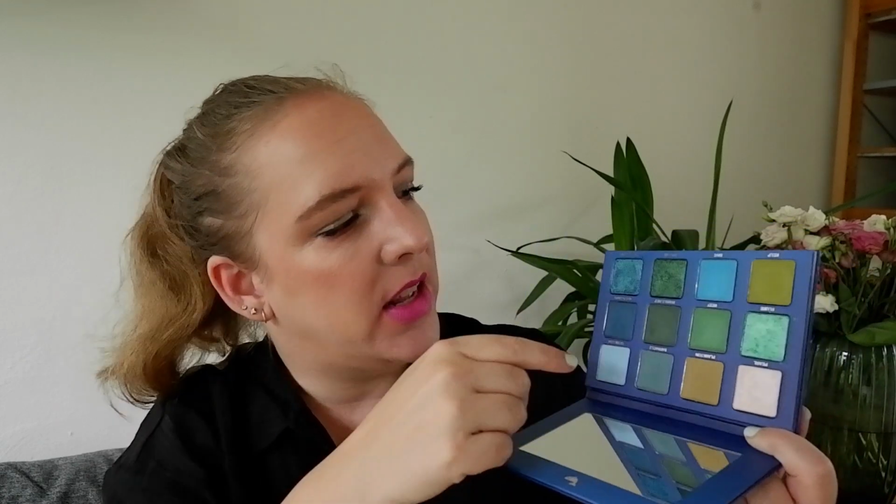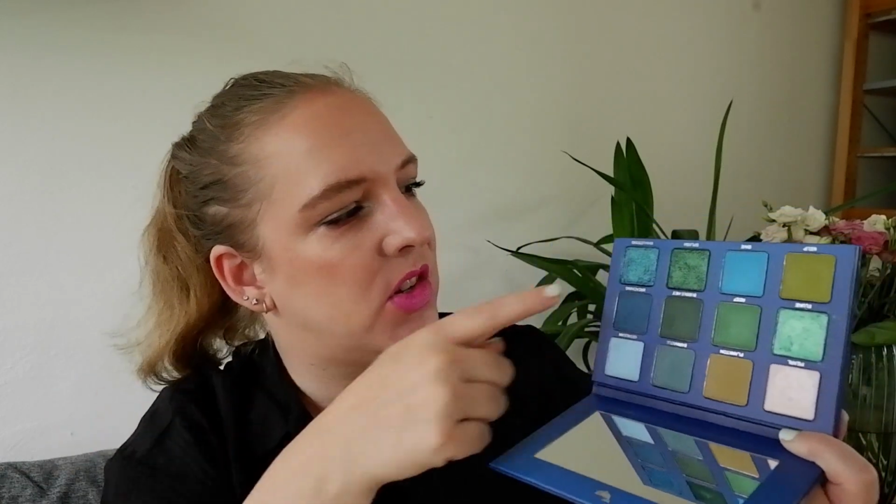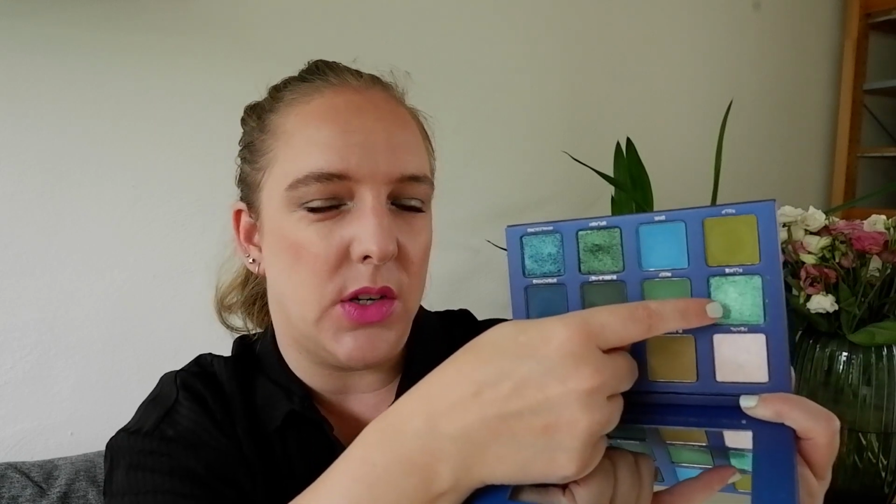And I had the same issue with some of the greens, and then you get some of these olivey tone greens, which are really pretty, really grungy, but again, I just need one of those, and then I don't really get a shimmer to go with it, because this shimmering green is quite vibrant, and actually it pulls a bit more blue if you put it with the blues. So this is like the lighter shade that's going to tie everything together, and then this blue is also quite